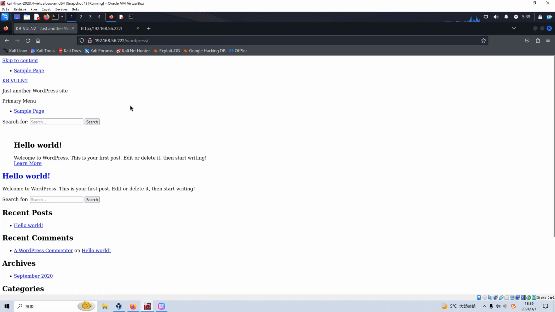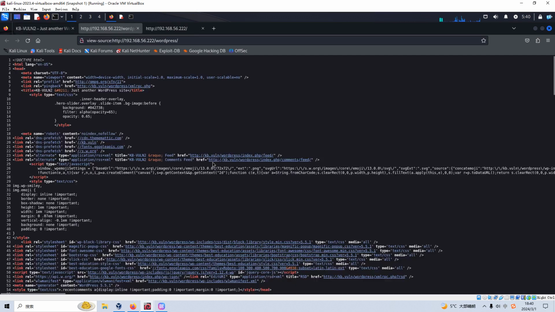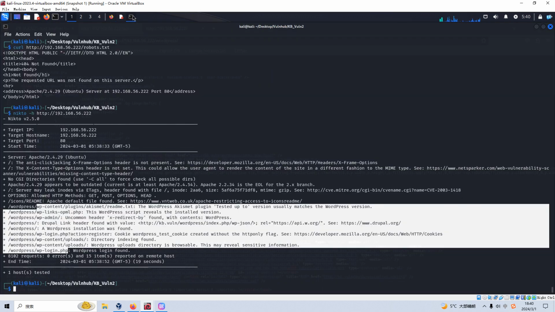As you can see, we have already loaded this page. But I think the page is not loaded completely. We need to check the source code. Maybe we need to configure or append this host name to the hosts file. So how do we do that? We can do it by running